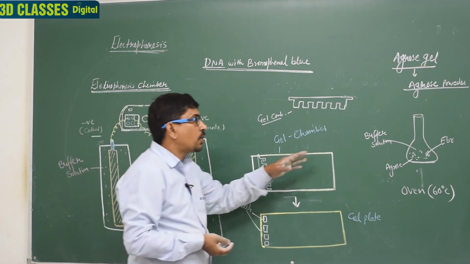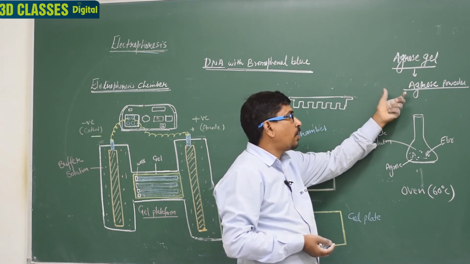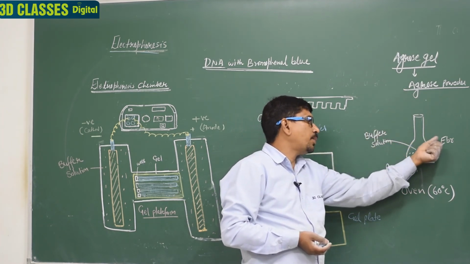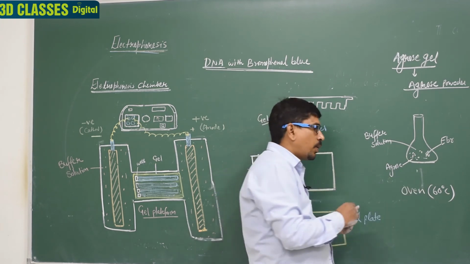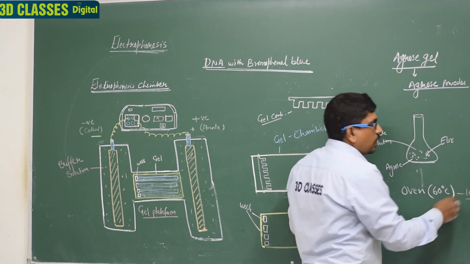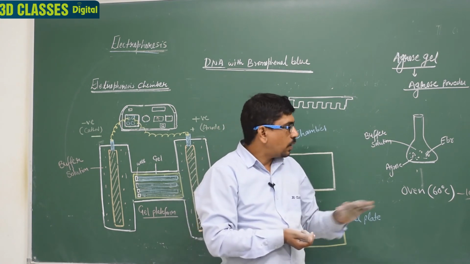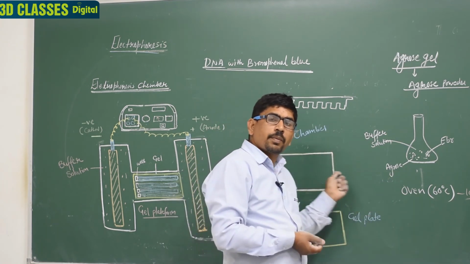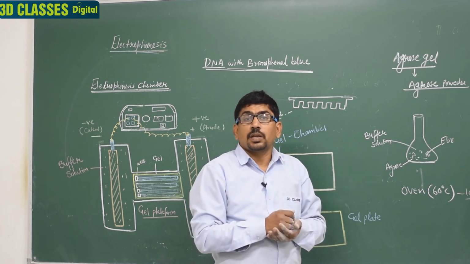यहाँ हमने बात की एग्रोस जेल कैसे बना, तो हमने कोनिकल फ्लास्क लिया, उसमें एक पर्टिकुलर अमाउंट एग्रोस पाउडर का लिया, उसमें बफर सोल्यूशन लिया, पर्टिकुलर रेशो में EBR मिक्स किया, ओवन में 60 डिग्री में रख दिया 10 मिनट्स के लिए। हाउ मेनी मिनट्स? 10 मिनट्स के लिए। बच्चों ये मैंने किया हुआ है, तो मैं आपको बता रहा हूँ ऐसा होता है, ठीक है। उसके बाद क्या होगा, ये लिक्विड फॉर्म बन जाएगा, उसको हम चैम्बर में डालेंगे, जिससे हमारे पास कुछ समय के अंदर जेल प्लेट फॉर्म हो जाएगी। क्लियर है?